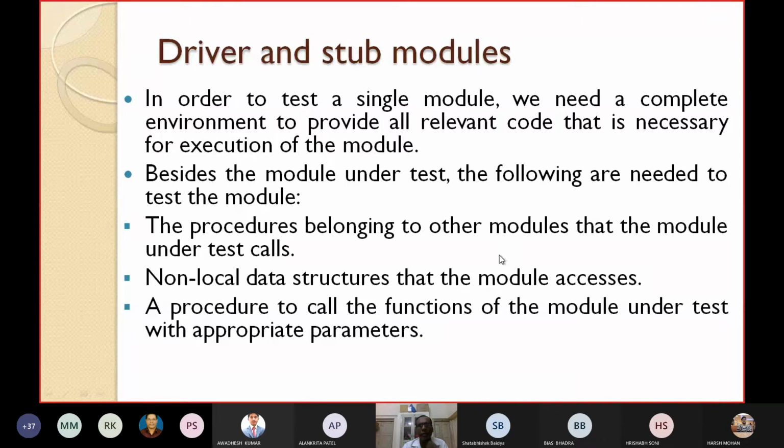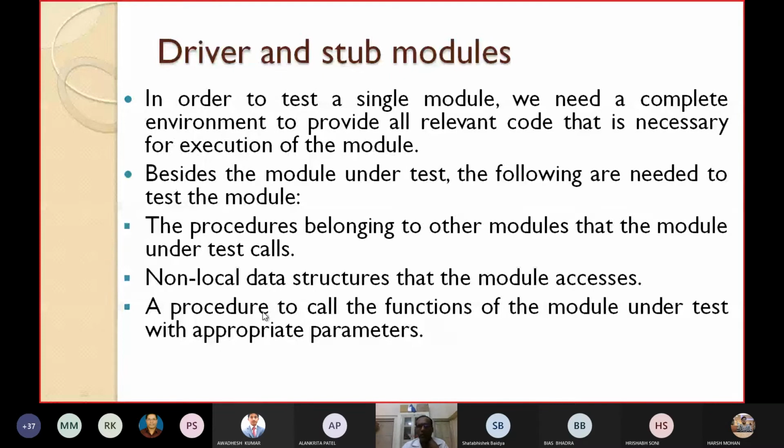The module you are going to test, whatever other modules it calls, are also necessary for testing that module. Number two, the non-local data structures that the module accesses. If module A, which you are going to test, accesses some non-local data structures, they also have to be ready.